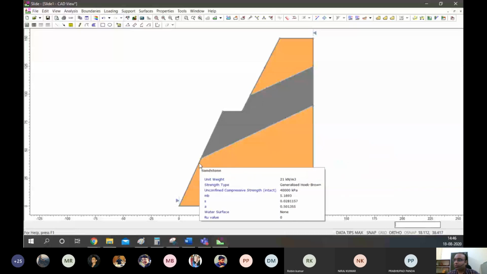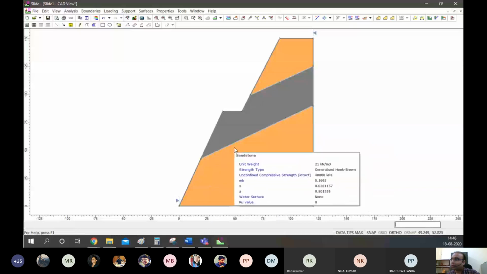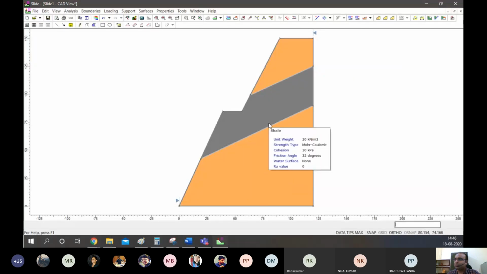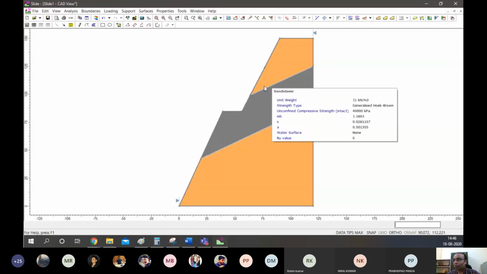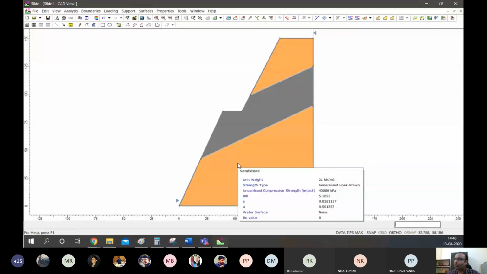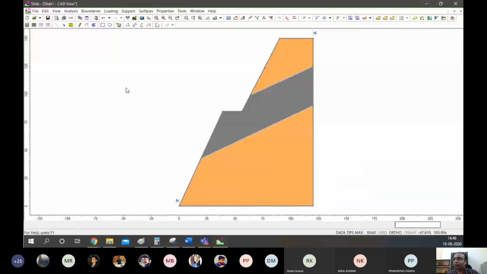Even we can make many other bands, and even in the field there will mostly be banded types of geometries. So we have to know, based on what kind of joint patterns or layers or seams are there, we can put it here and accordingly we can design. So let's move ahead. We have defined the materials, and we have defined how to assign these in a boundary, in a geometry.